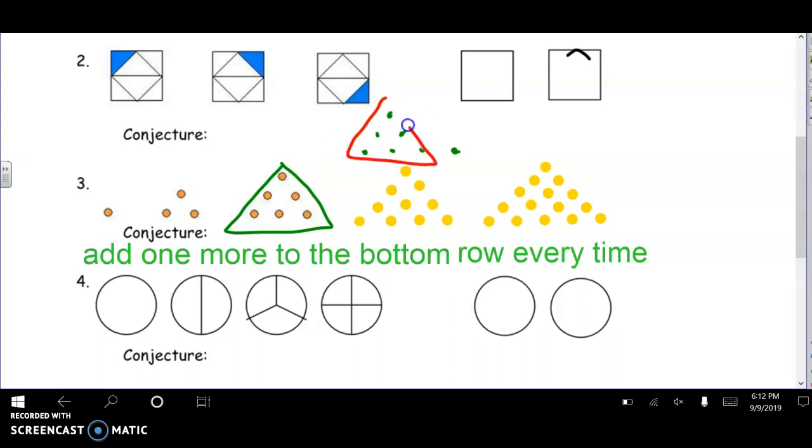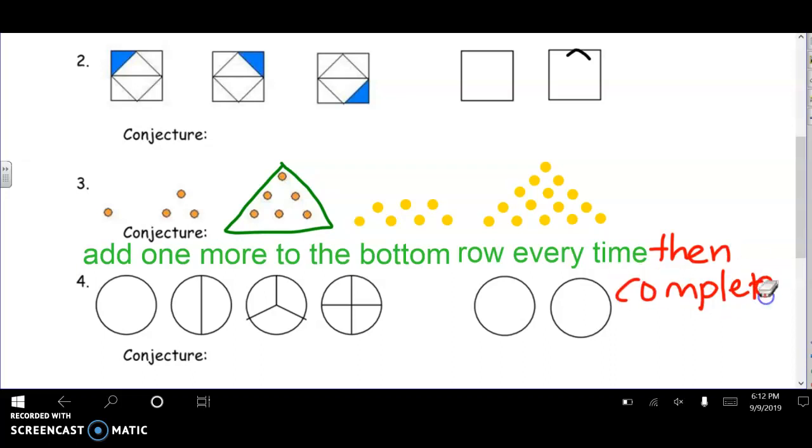So we've got this triangle here, and I added one more to the bottom row. I think what we mean is add one more to the bottom row every time, then complete the triangle. That would be a conjecture that I like better. Alright, pause this and take 2 or 3 more minutes. Complete 1, 2, 3 more questions on this page, and then start it up and we'll go to the next